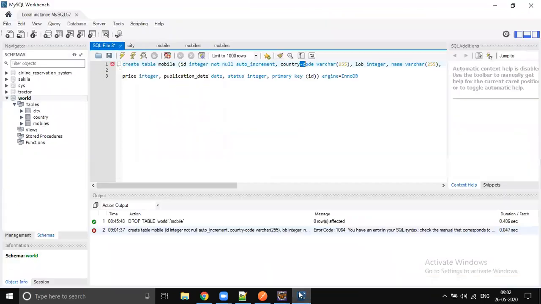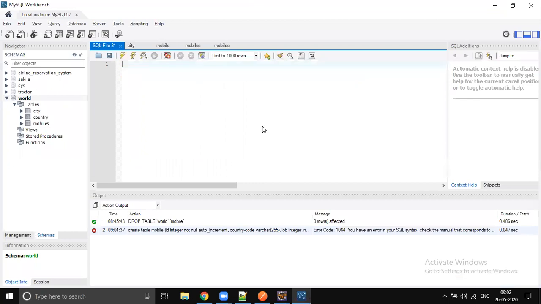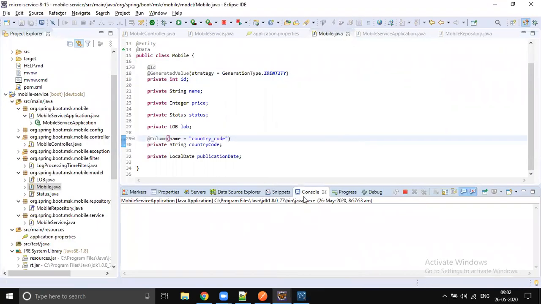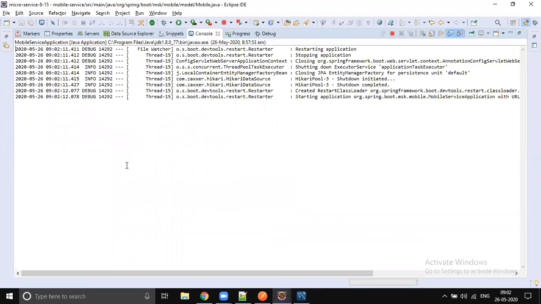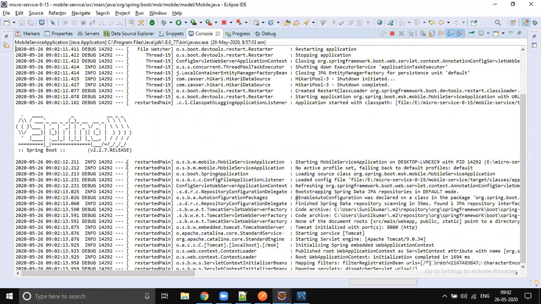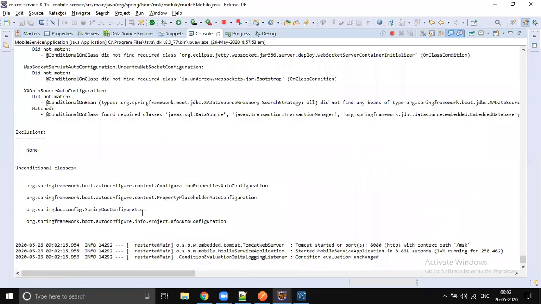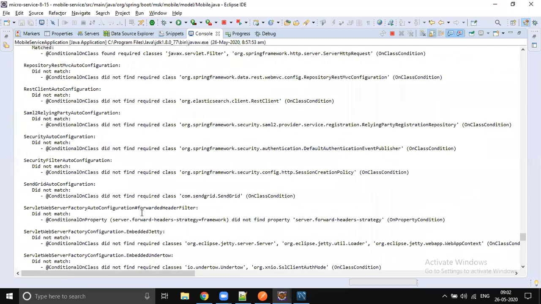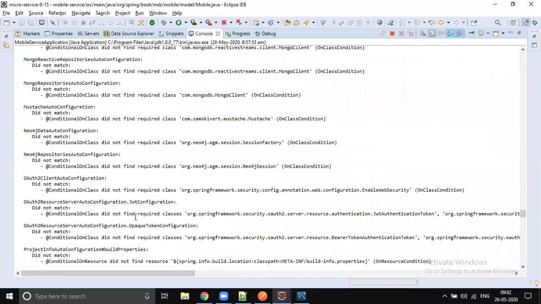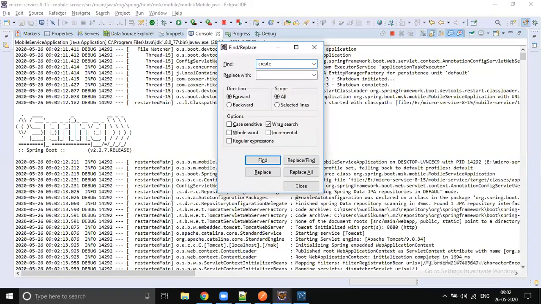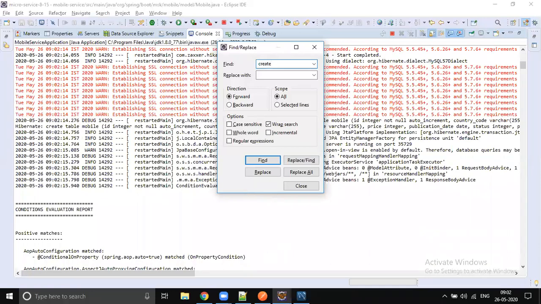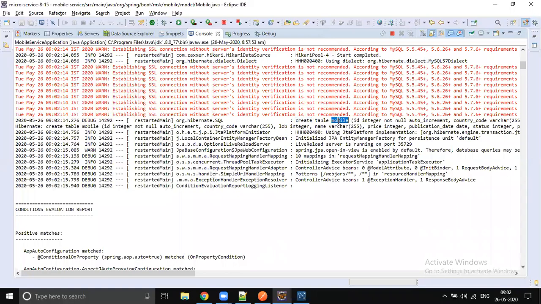So now let's remove this and just save the file. Now you see the table should be generated automatically. Somewhere it prints create table, Control F, create. Yeah, create table mobile.